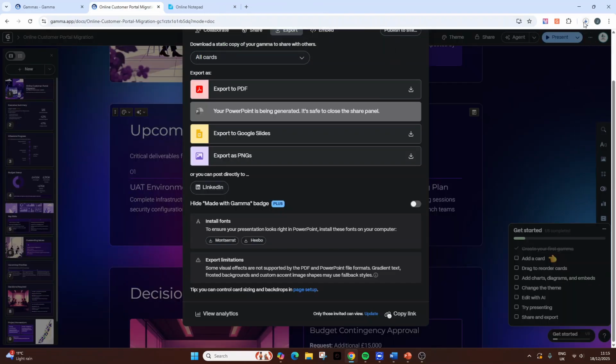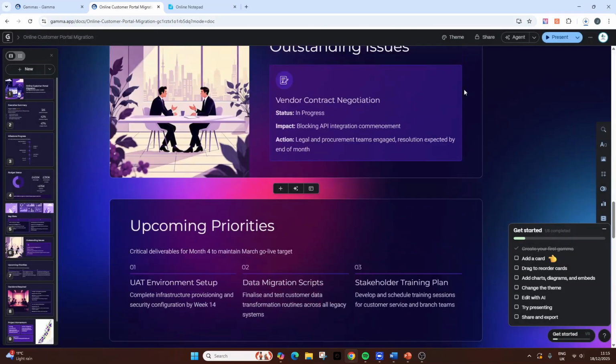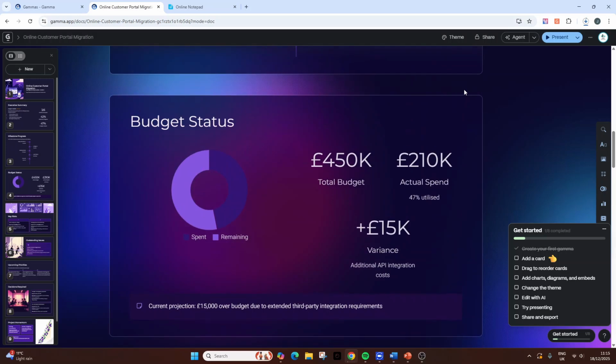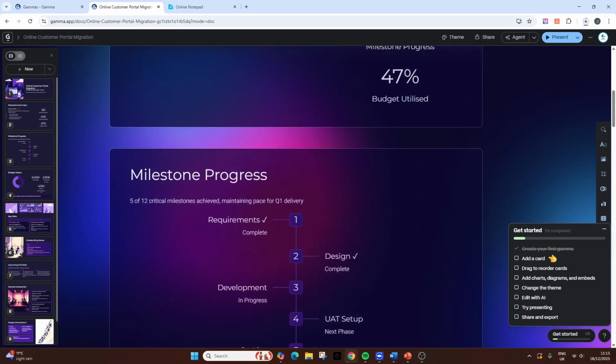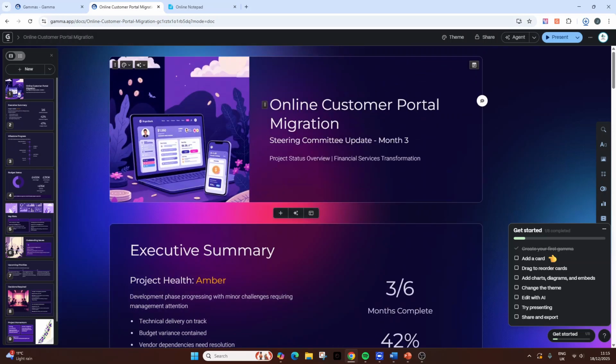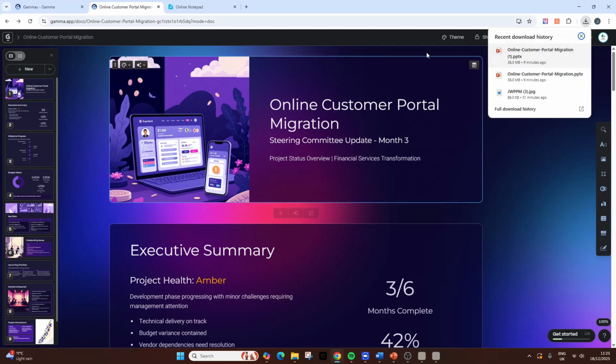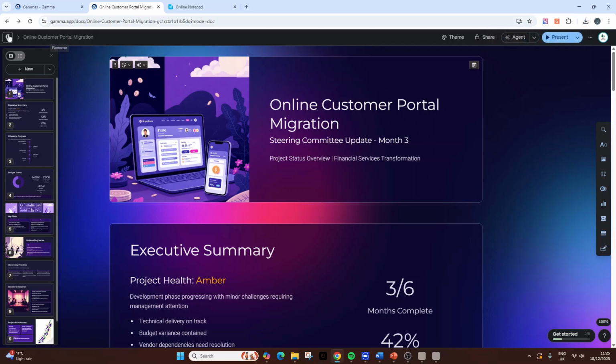So yeah, this is such a useful tool, and it's great to just get started with 10 slides. That will be suitable for most of you. And then if you did want to get on a paid plan, that's always something you can explore. The pricing is also very, very affordable as well, I think, for the time that it saves you. So yeah, this is Gamma AI, and I really do think that this is worth exploring,